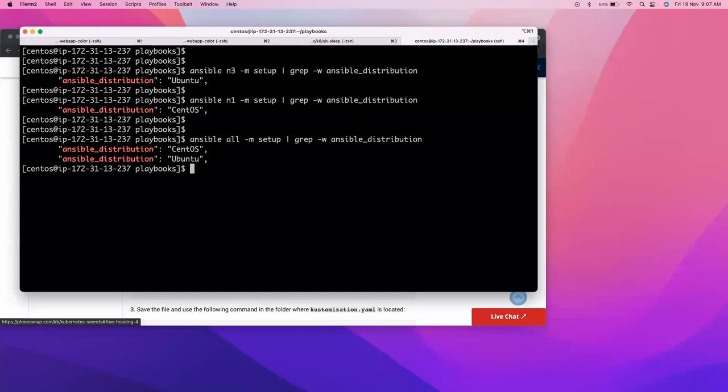Now, can't I use these values to do some decision making? Of course. Why? Because key is same. There also key was same, value was different. On that basis, we are going with the condition, right? Now I'm going to write the exactly same condition. So for that, in Ansible,